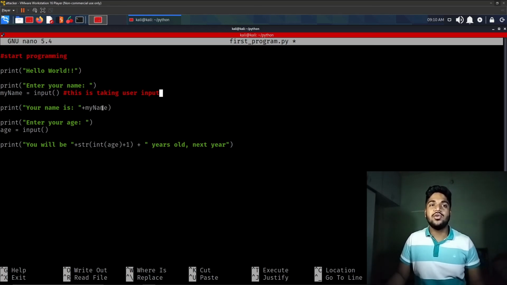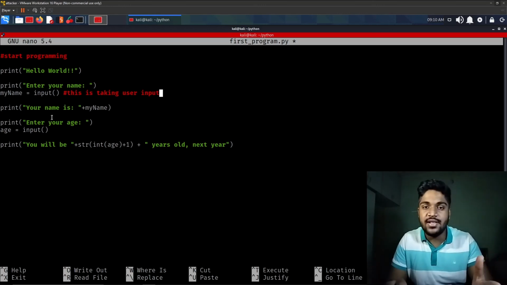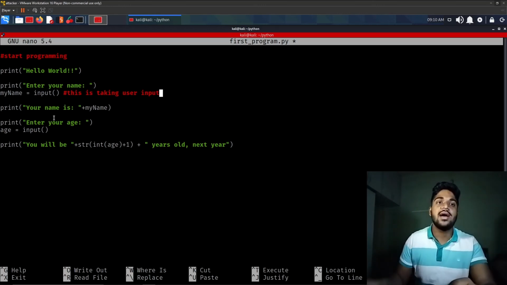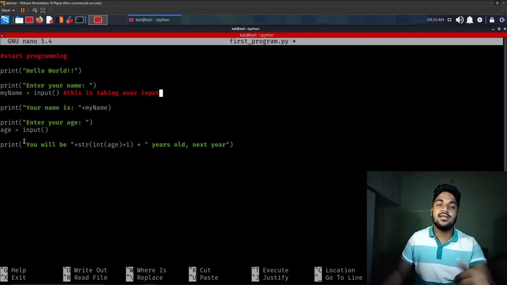So this is how we can take user input. We can also use that user input for printing. Let's say if I want to verify what username you gave, I can just print this is your name. And I can also take user input as integer values. If I want your age, I can just ask to enter your age, and I can take that as age.